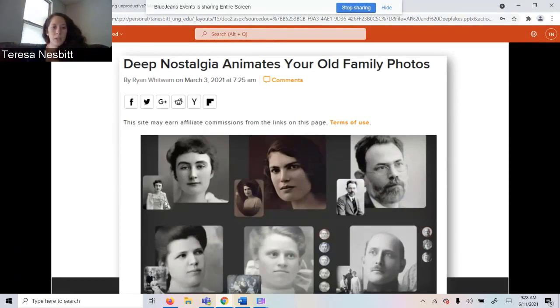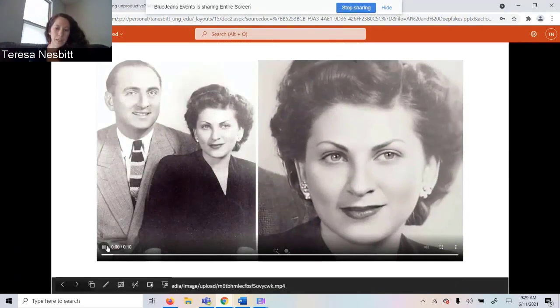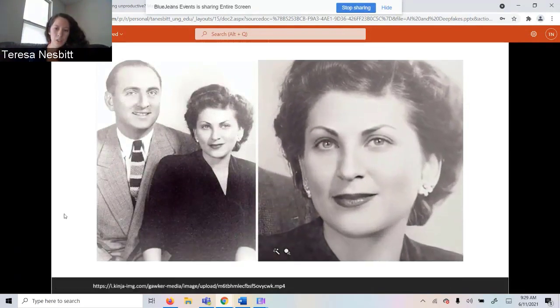Same thing with this program that was making the rounds in March from MyHeritage. It's called Deep Nostalgia. This was really cool. We played around with this a lot. It's a program that lets you upload a photo of one of your ancestors, and it will bring it to life by animating the features.